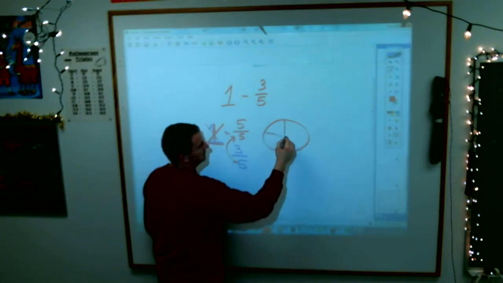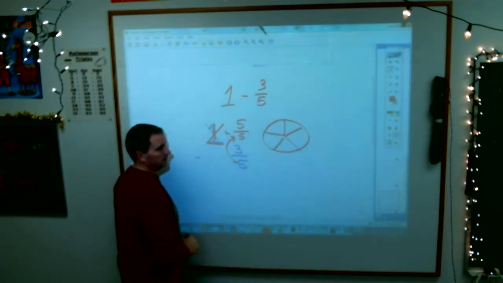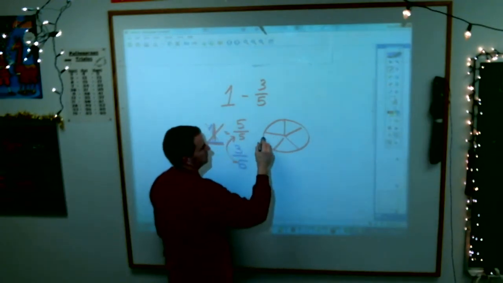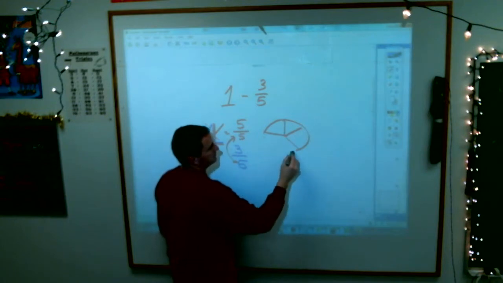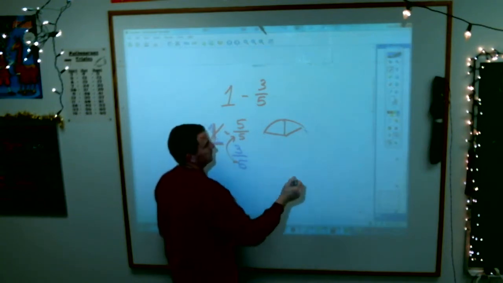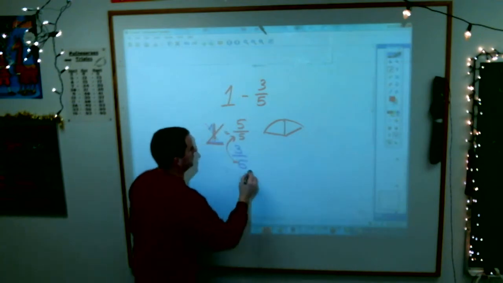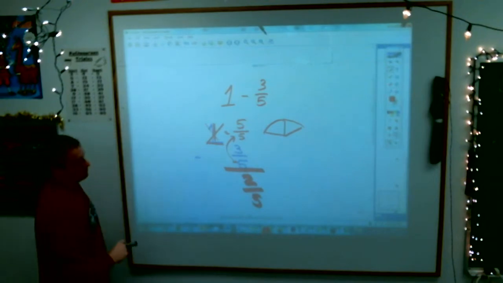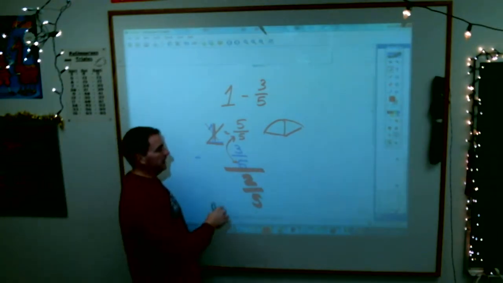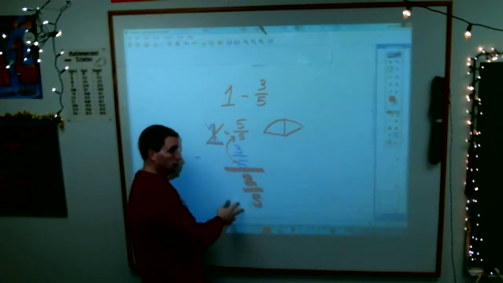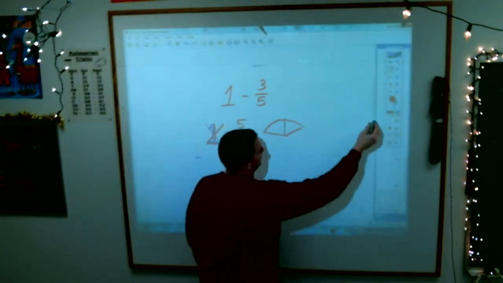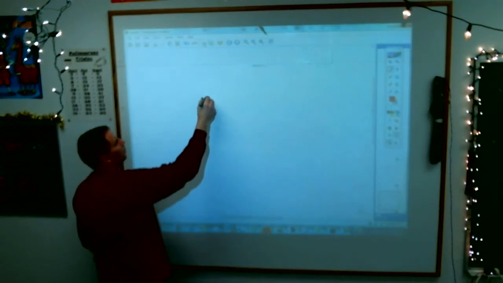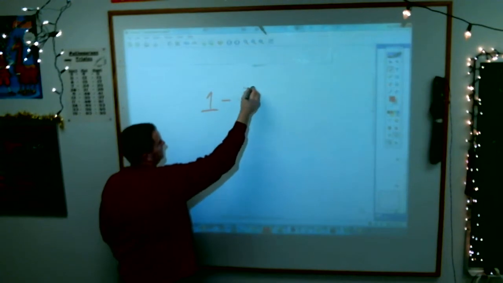If I have 5/5 and I take 3/5 of them away, there's 1/5 gone, 2/5 gone, 3/5 gone. I know what I'm left with, which is 2/5. Okay. 1 minus 3/5 is 2/5, and that's a good thing to know. And it works that way with anything. If I have 1 minus 7/8,